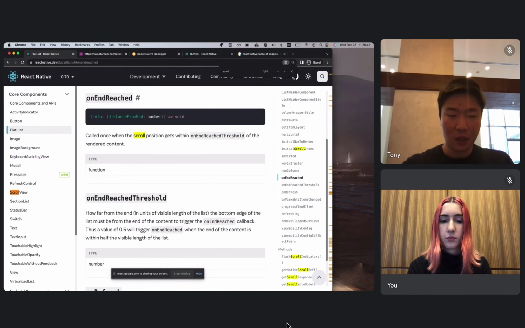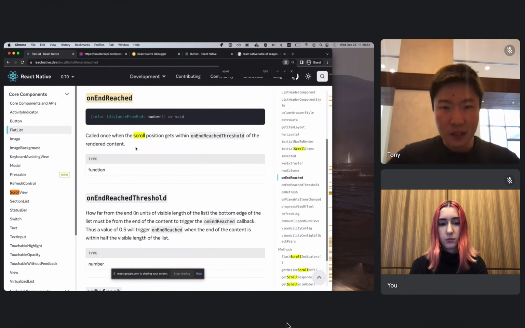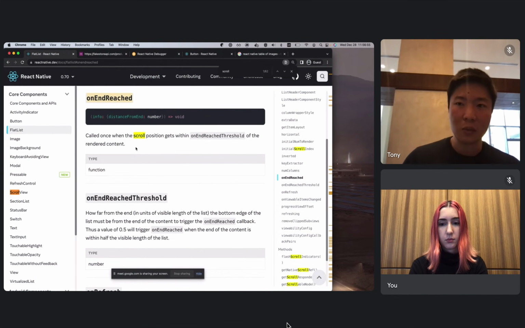As the name suggests, when you hit the bottom of the list, you can go ahead and fetch more. That way, you can paginate your list to show however many as you want and fetch more when a user has reached the end to create that continuous scroll effect.